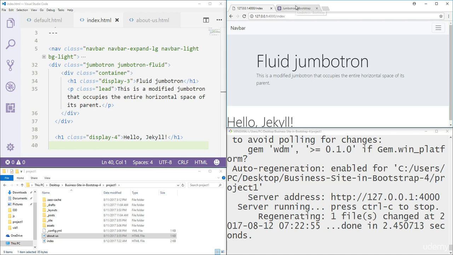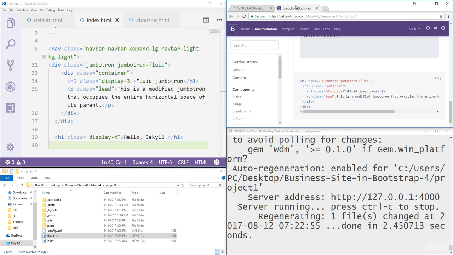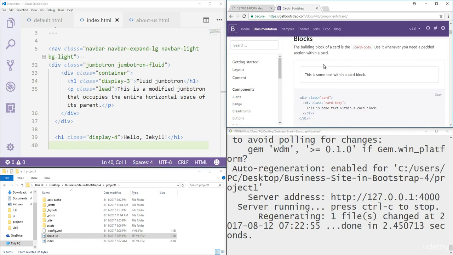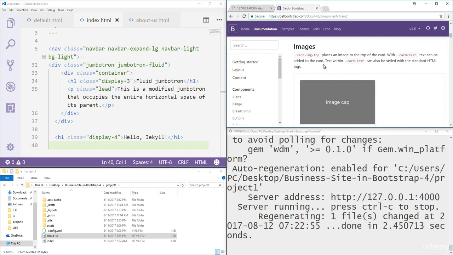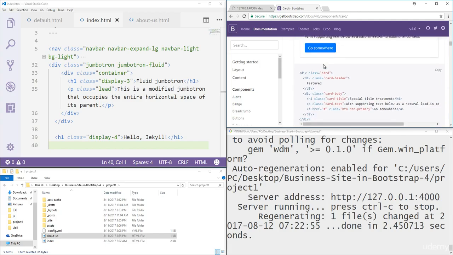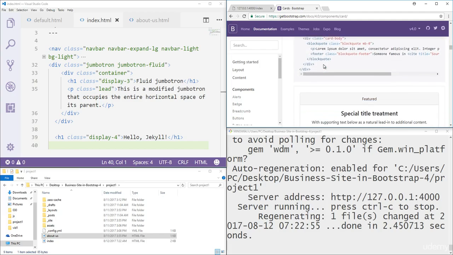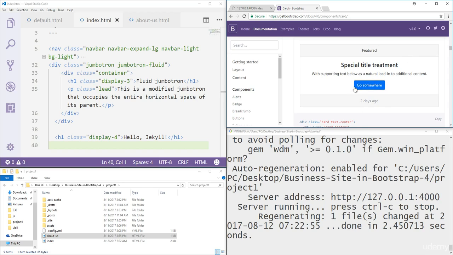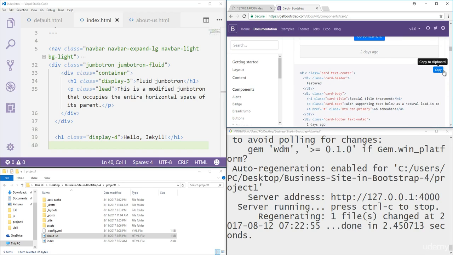So let's also add some additional content to our page, and looking at the components list, let's see what kind of cards we can add. So I'm looking for an example that has a couple of cards together, or maybe something that'll just look nice. So I guess this one, card with the header and footer, looks quite decent, so I'm just gonna copy it